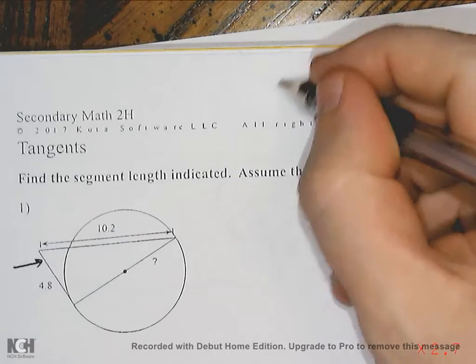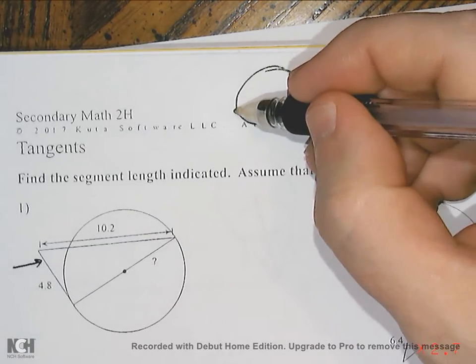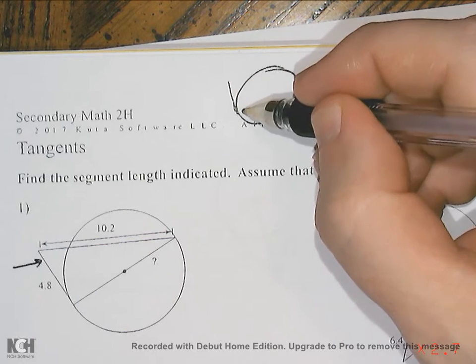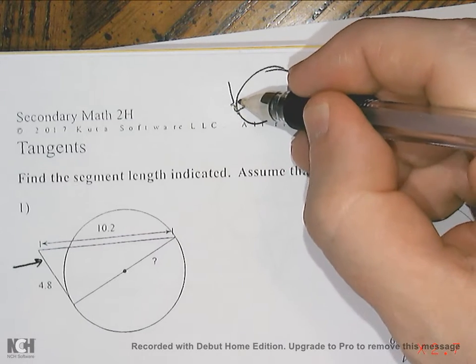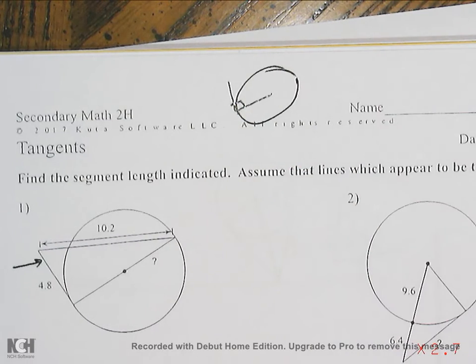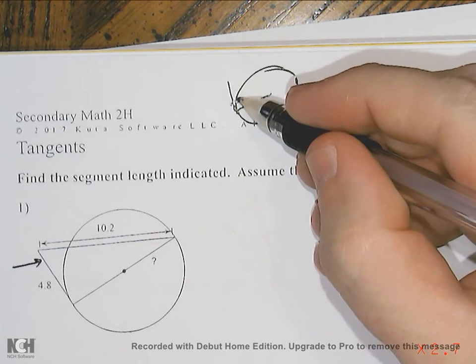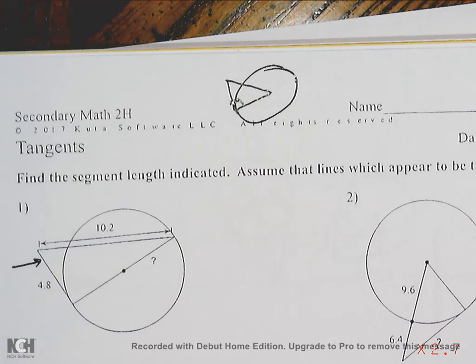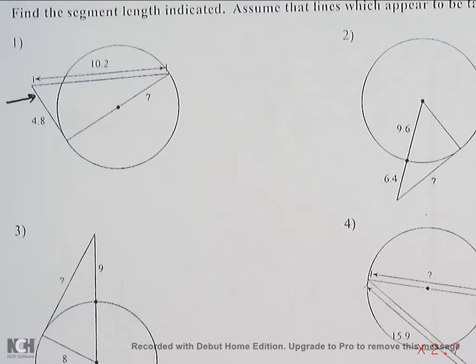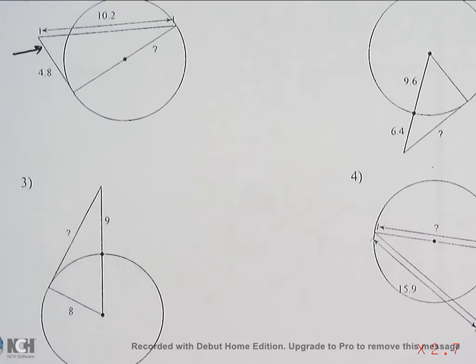Well, basically a tangent line is any line that touches the circle and the diameter or radius at exactly 90 degrees. Okay? So it's hitting that circle at 90 degrees. So if I connect these points, I create a right triangle, technically. So that is what a tangent line is, and that gives us some pretty good uses if we ever see that, because that allows us to solve these things, right? If I can create a right triangle, then I can use the Pythagorean theorem to solve all sorts of stuff,